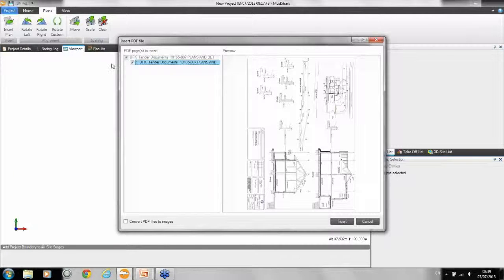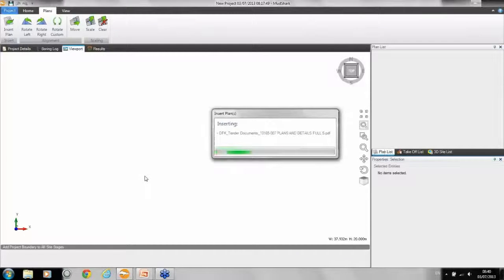Now by default, the software will automatically vectorize any PDF files that you import. If you'd like to revert that back to how the software handled PDFs in version 2, you've got the option down the bottom to convert PDF files to images. Should you not wish to vectorize a PDF, let's say it's a landscape image and you'd like all the colors and all the detail on it as an image, which you can still take off from as normal, you can just choose the option to convert it to an image. Now I don't want that to happen. I want to vectorize this one, so I'll leave that option unchecked